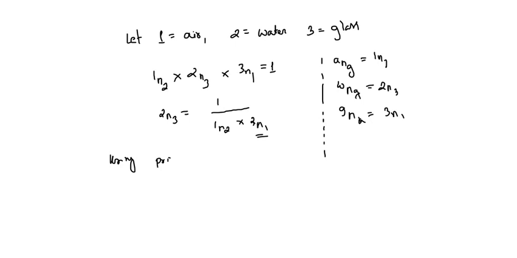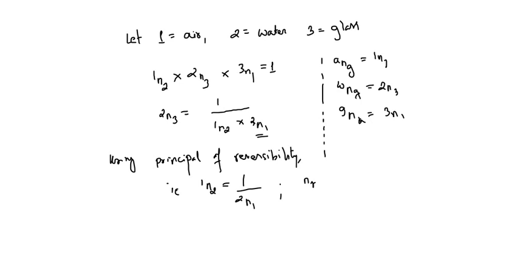principle of reversibility, that is 1n2 is equal to 1 by 2n1, 3n1 is equal to how much? 1 by 1n3, right? So if I substitute this relation here,